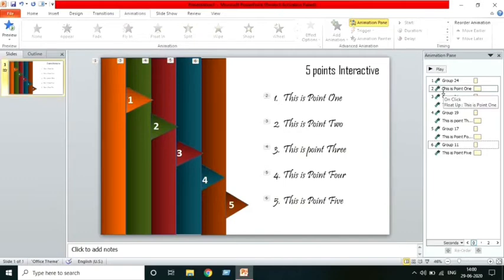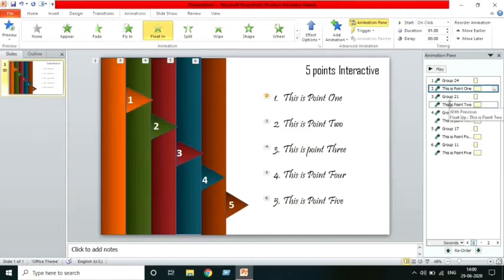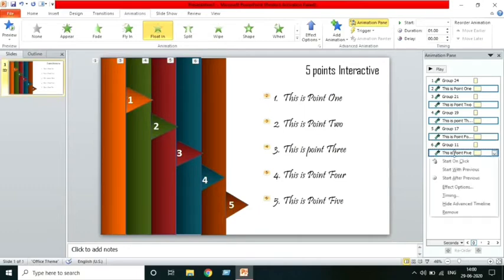Now for content, we want this content to be displayed after the animation of our graphic is displayed. So select all those contents by hitting the control key. Okay, hit the control key and select them. Once we have selected all our contents, simply right click and here you can see start with previous. So along with this animation we need to show the content, so we'll keep it start with previous.